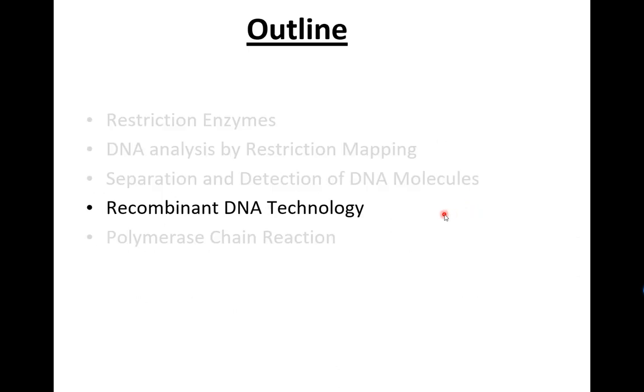Okay, so we talked about restriction enzymes, how they can cut DNA. We talked about how you can use them to do restriction mapping, and then we discussed how you can separate the products of, for example, the digestion by restriction enzymes, since any molecule is charged. What is the point of all of this? The point is to manipulate DNA, to produce molecules which are what we call recombinant